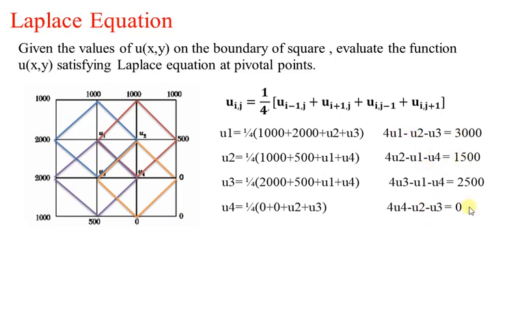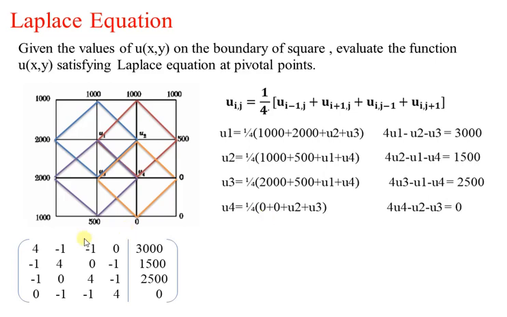This simultaneous equation can be solved by using any method, like a direct method such as Gauss elimination, or an iterative method such as Gauss-Seidel and Jacobi method. To get the values, first we need to write these equations in augmented matrix form. We get the augmented matrix with the u1 coefficient, u2 coefficient, u3 coefficient, u4 coefficient, and then the constant term. For the second equation, the u1 coefficient, u2, u3, u4 and again the constant term. In this way we write the augmented matrix form.